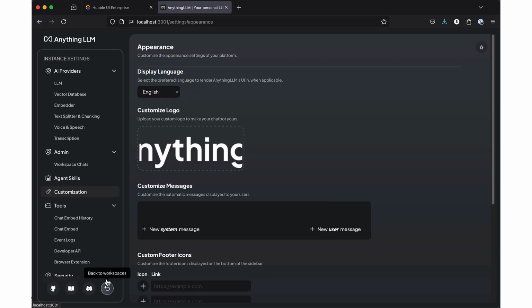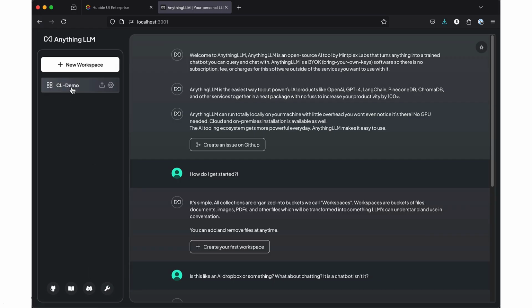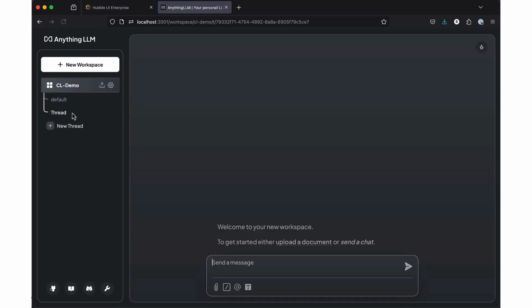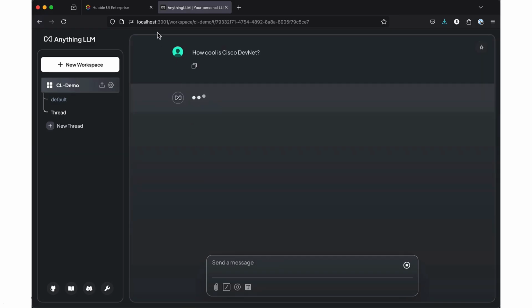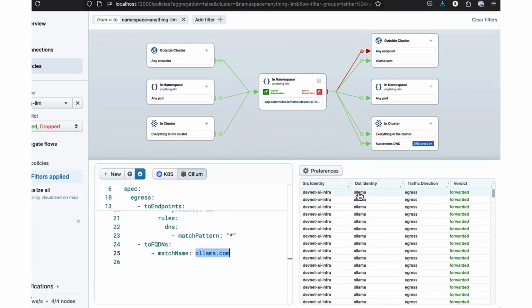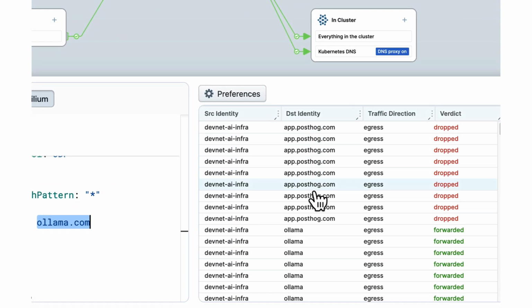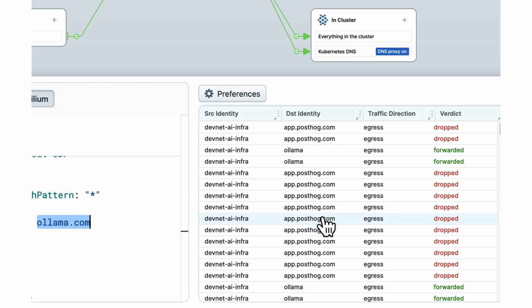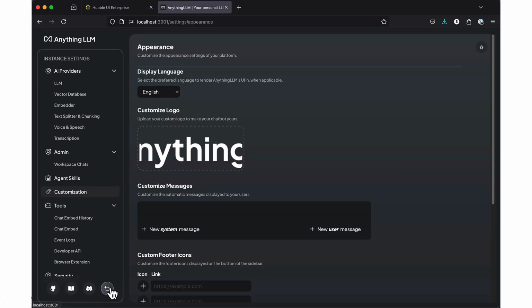So if I go into my API and I go and check my LLM, it's going to say that it's Ollama, everything is good, we're good, so we can go and interact with the service through a chat interface, and we can ask it some stuff, and we're going to be good to go, right? We can actually go through there and enter our prompts, drop in our docs, and have them embedded, and everything's going to be okay, right? So we can see here now in Hubble on the right-hand side that rule is allowing us to forward stuff in there. But what we don't realize is we downloaded this thing from the internet, and we don't really understand what it's doing. It's actually making an external call to report its search analytics to another company called PostHog.